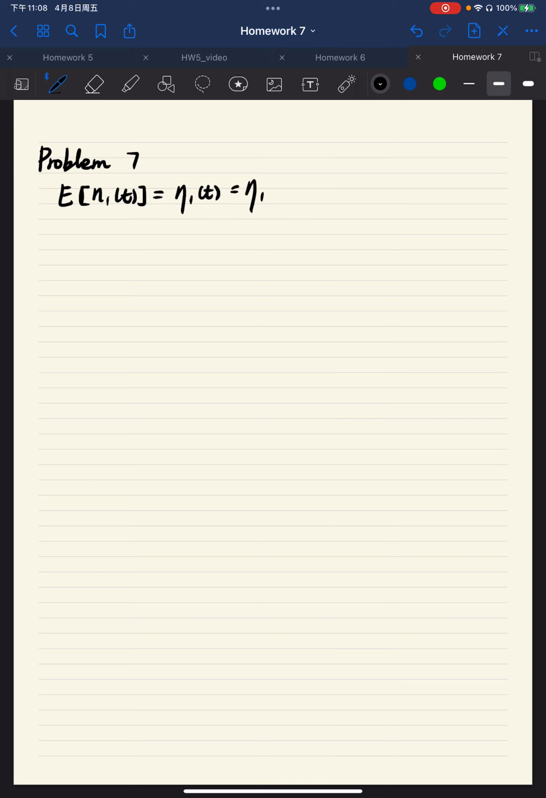Similarly, the expected value of N2(t) is equal to eta 2. Both of these are constant. And N1(t), N2(t) and theta are all independent. So if we would like to form the estimate,